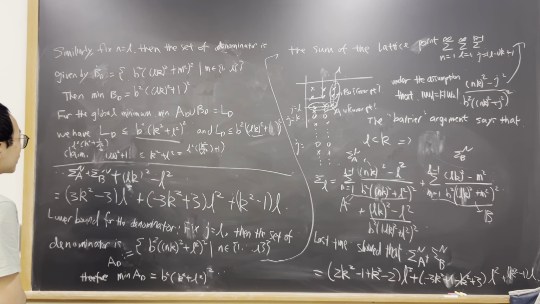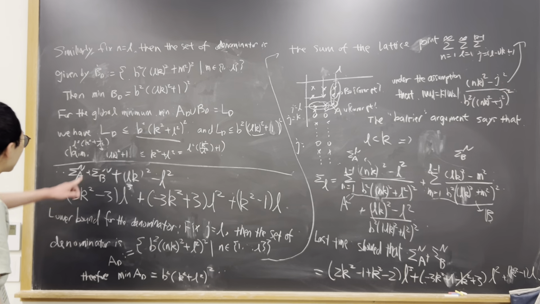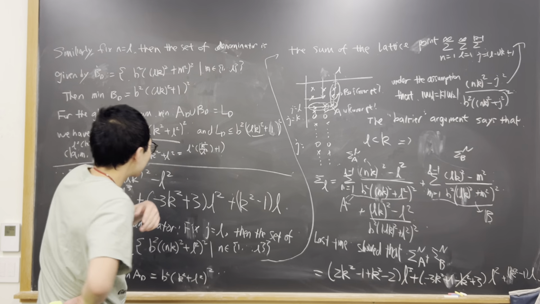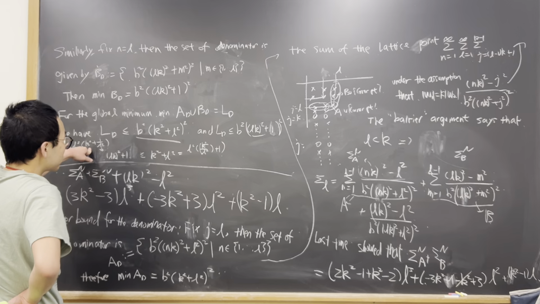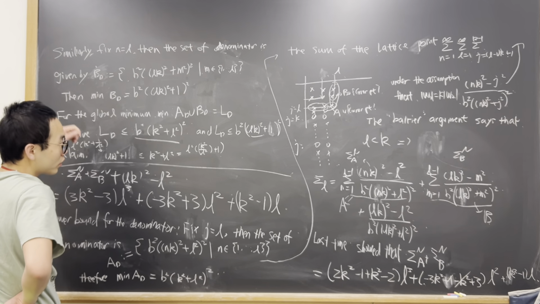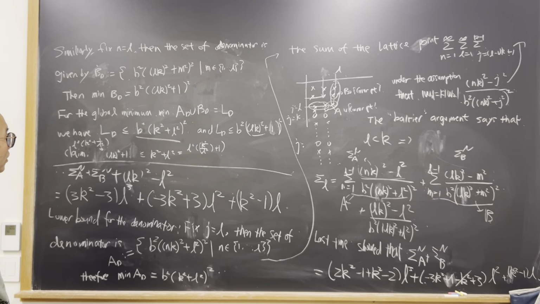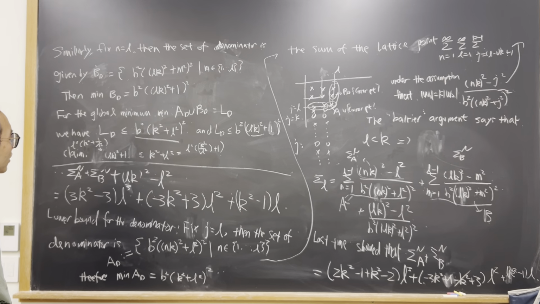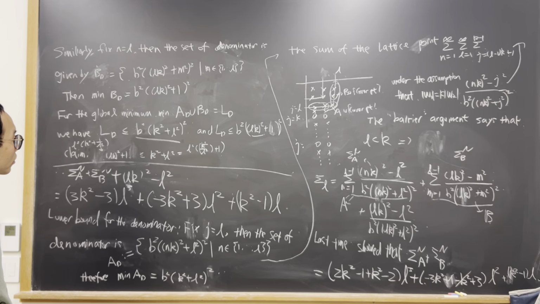So the K squared is definitely bigger than the K squared over L squared, right? And then if K is bigger than or equal to 2, and also L is bigger than or equal to 2, then K squared over L squared is definitely bigger than 1, I think. Well, no, like bigger than